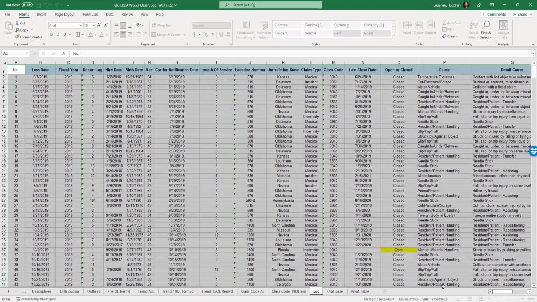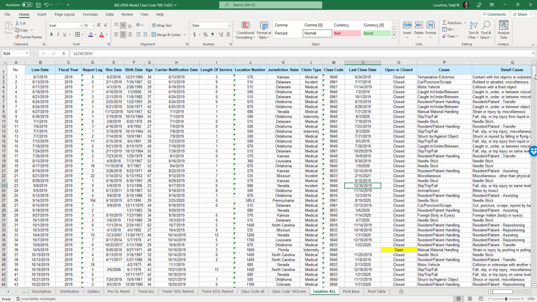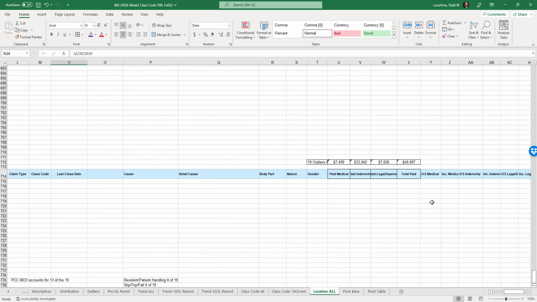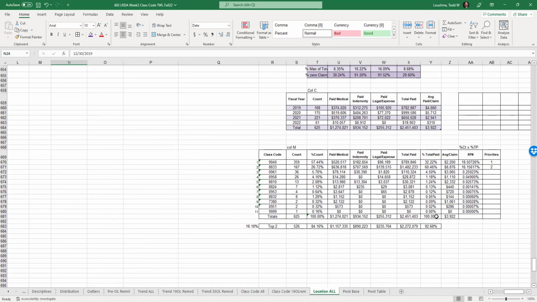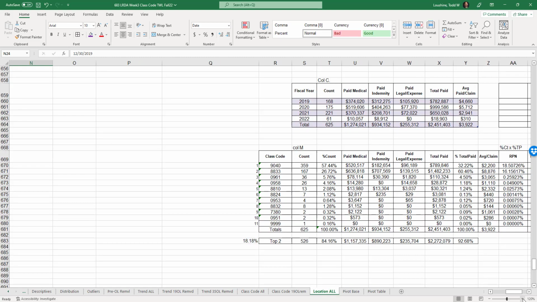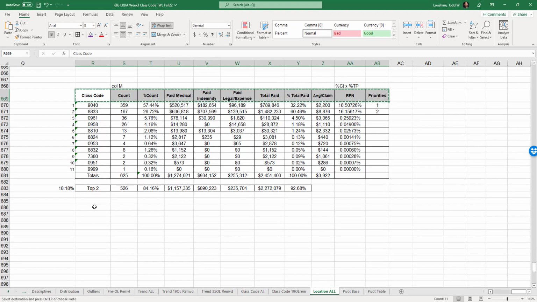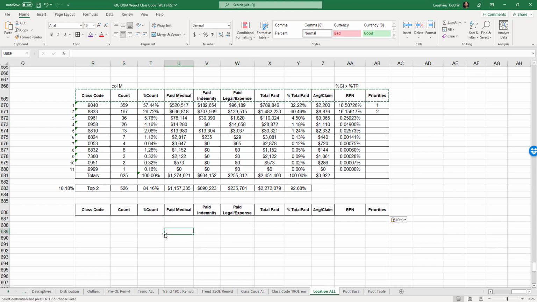I'll call it location. Location all. Okay, I mean, you guys can call it what you want, as long as we can kind of identify what it is. Go down below here. As you can see. All right, so I'm going to be using the same table headings. I'm not going to delete that one. I want it to remain there. So I'm just going to use the same headings. Copy. I'll just put it right here, just so there's enough space. Instead of class code, we're doing location number.